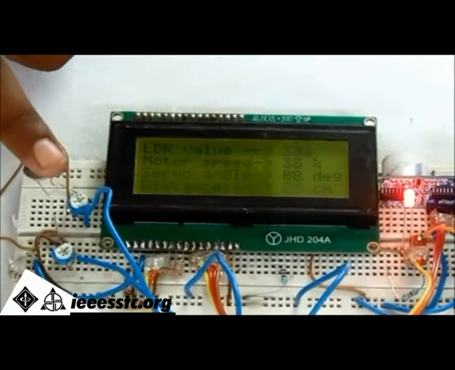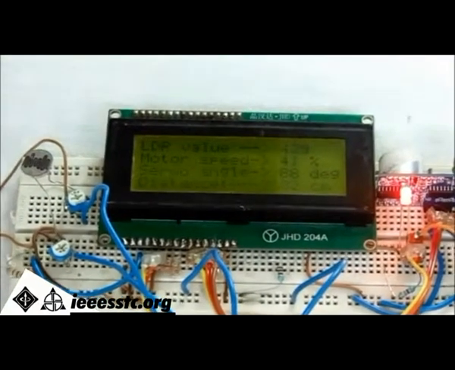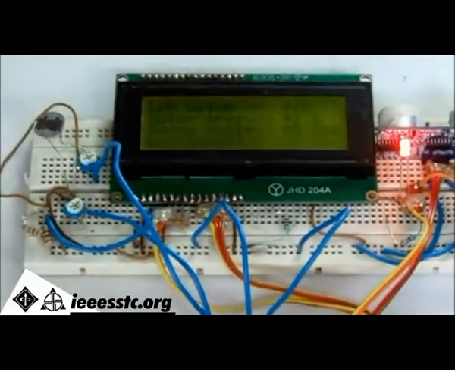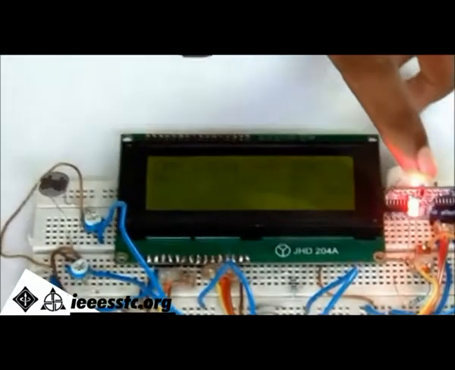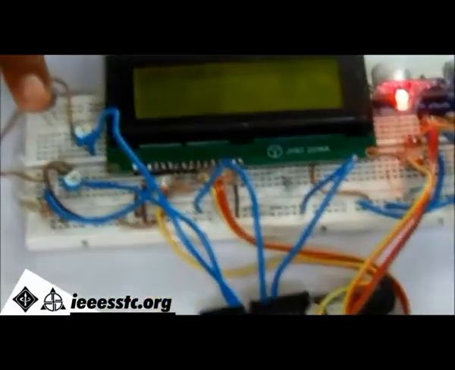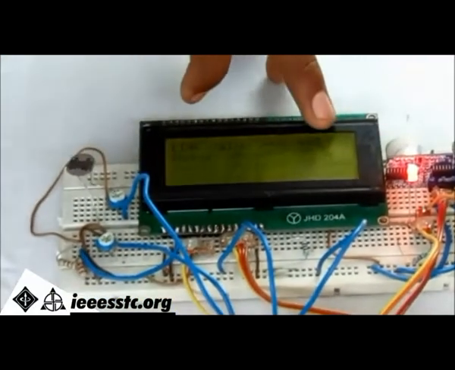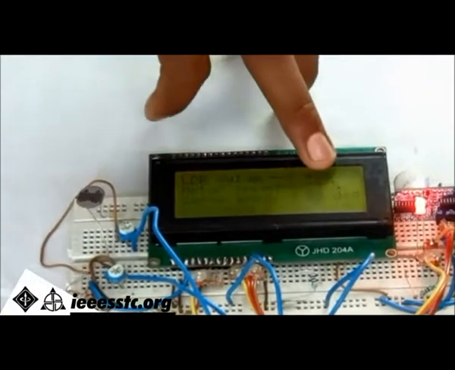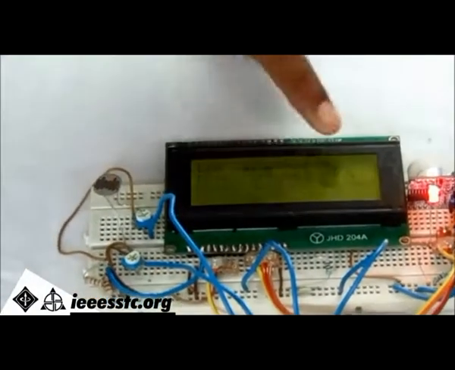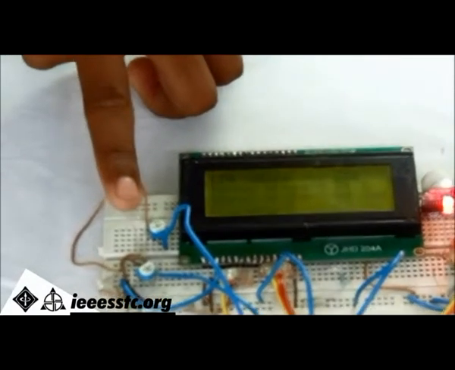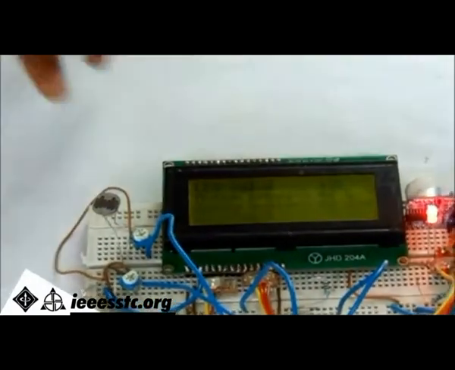Similarly, it is used as a sensor, and we are giving the sensor output to the microcontroller as an input, and the microcontroller processes it and gives the output as an intensity of light. So when we increase it here, we can see that the intensity of light goes down and up. Here it is not clear, but you can see in the display that it is 39-40%, and then when we put the hand here, it becomes 30%.